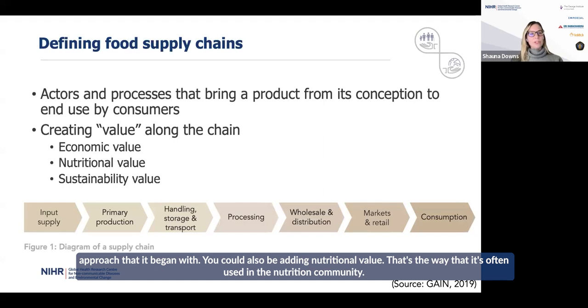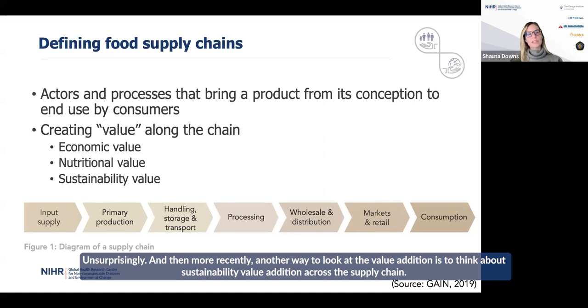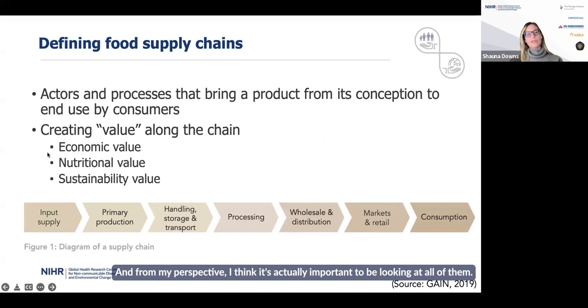You could also be adding nutritional value. That's the way that it's often used in the nutrition community, unsurprisingly. And then more recently, another way to look at the value addition is to think about sustainability value addition across the supply chain. And from my perspective, I think it's actually important to be looking at all of them, because